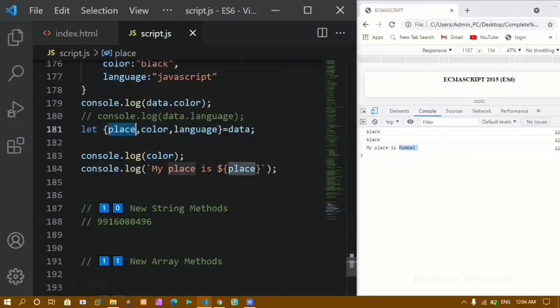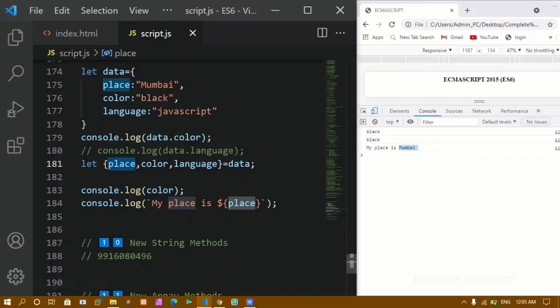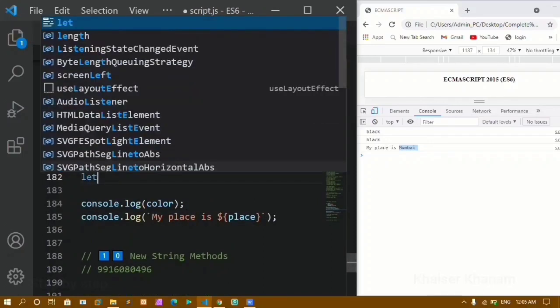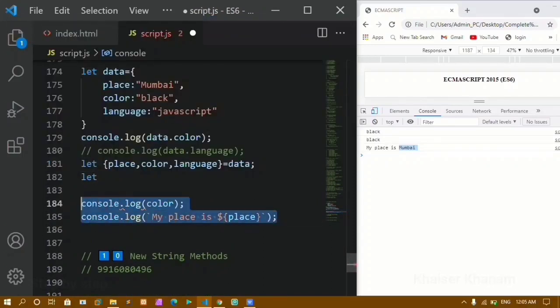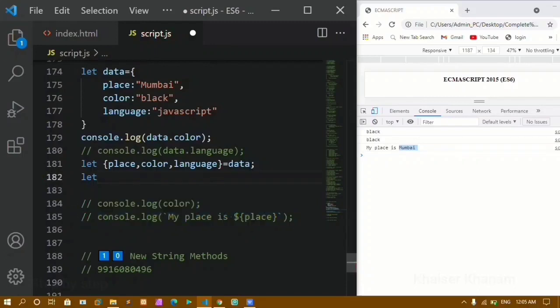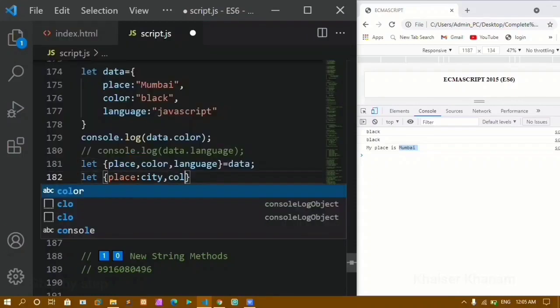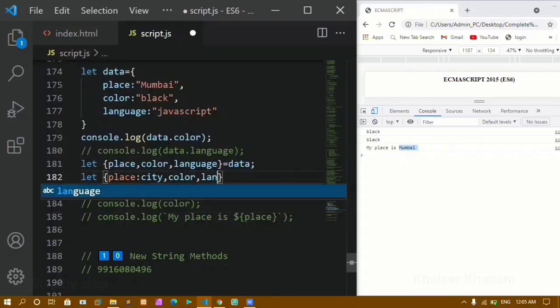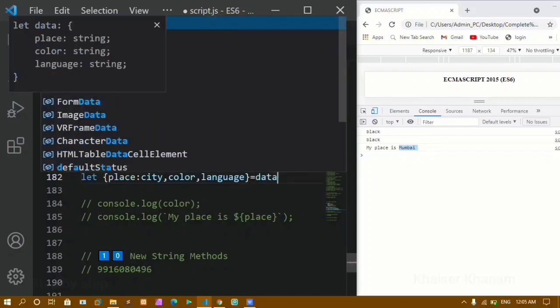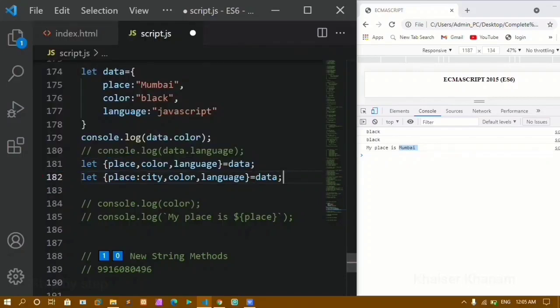But now if I want to change, instead of place, I just want to write here city. To do that, I'll just comment this. Now here I want to change from place to city. This is how we are going to change from place to city. And next I have color, and last I have language. And this I'll be initializing to my object name, that is my data. This I got, place I am changing it to city. Now if I do here console.log,